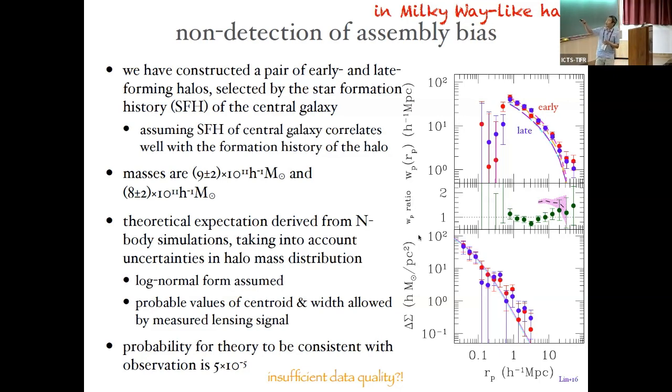The shaded region in this middle panel shows the theoretical expectation. The probability for that to be consistent with our measurements is at the level of 5 times 10^-5. So we didn't find convincing evidence of assembly bias. This may be due to the fact that